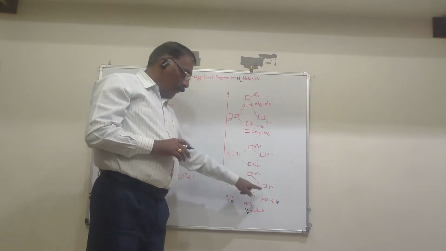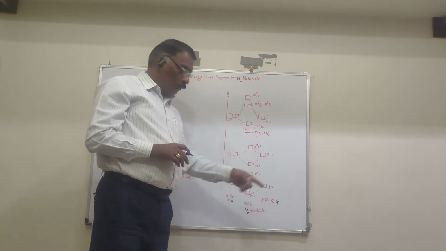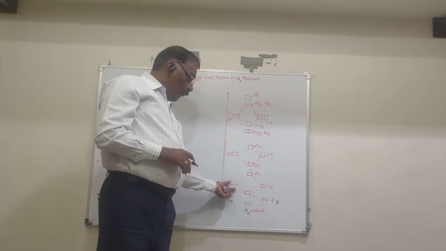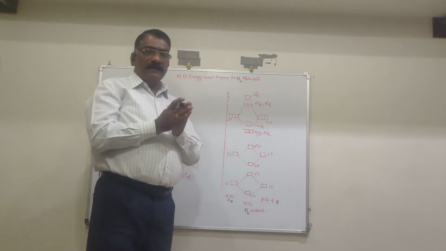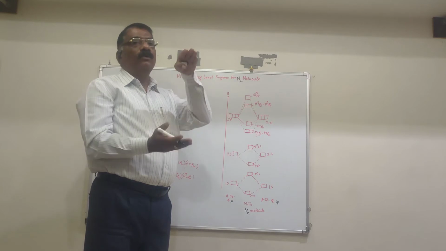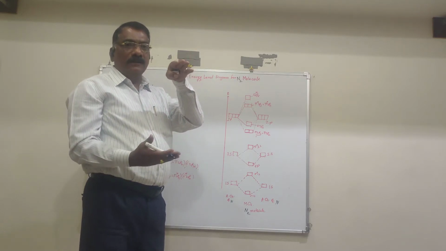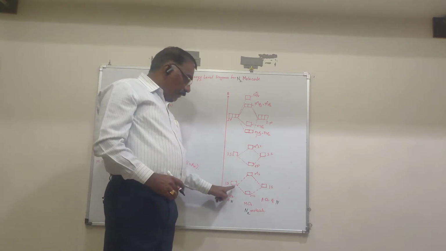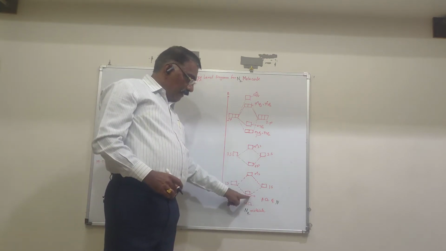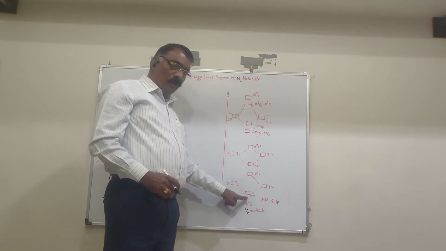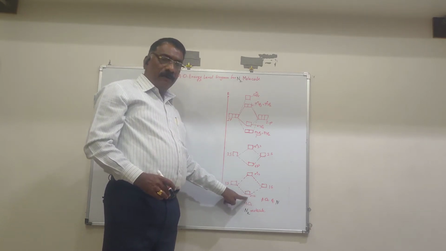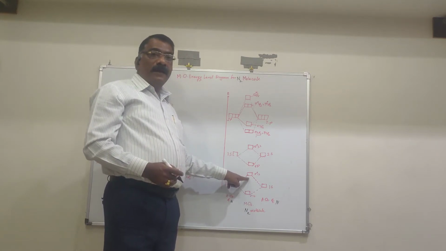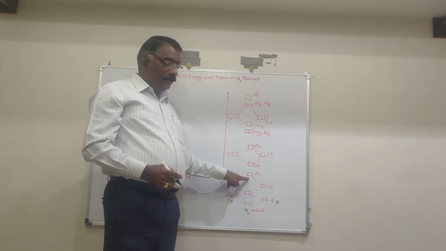The number of atomic orbitals combined is equal to the number of molecular orbitals formed. That means 2 atomic orbitals combined form two molecular orbitals, one having lower energy, another having higher energy. In the 1s combination, there is the sigma 1s, which has the lower energy and is called the bonding molecular orbital, BMO, and one having the higher energy, which is called the anti-bonding molecular orbital, ABMO.